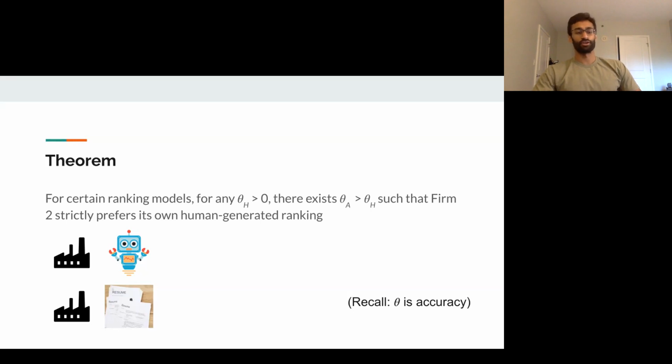Okay, I'm going to pause here for a second just to see if there are questions, because this is going to be a key point that we're going to refer back to later. The key point here is there's value, of course, to accuracy, but it turns out that there's also value to independence in this sort of competitive scenario. Any questions on that?